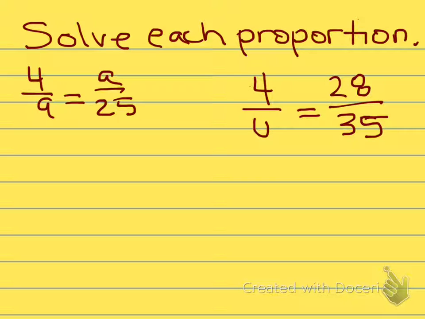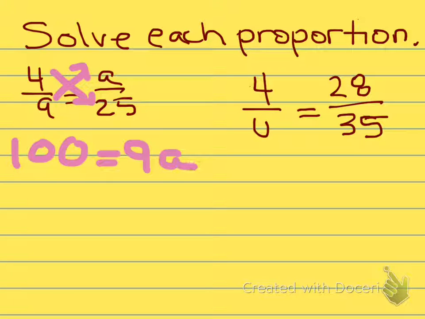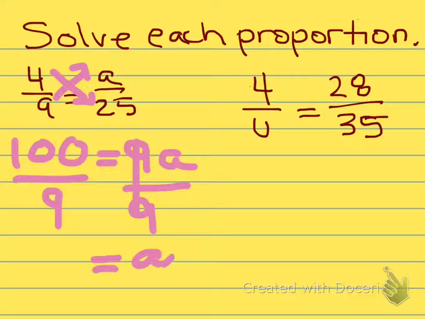Here we're supposed to solve the proportion, and you're going to solve the proportion just like you checked to see whether the ratios were equivalent or not. So we're going to cross multiply. 4 times 25, which is 100, and 9 times a, which is 9a, and then I'm going to solve for a, so I have to divide. Cancel out the 9, and a would be 100 over 9,